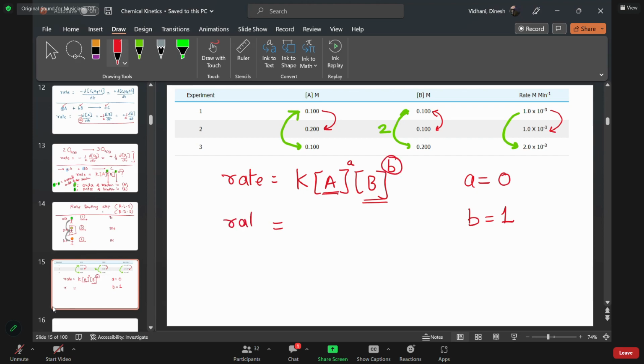Now let's see the final rate. That's going to be k times [B] raised to 1. Now, this will explain why you are seeing the rate change in proportion. As I mentioned, you increase the concentration of B by 1 time, so going from 1 to